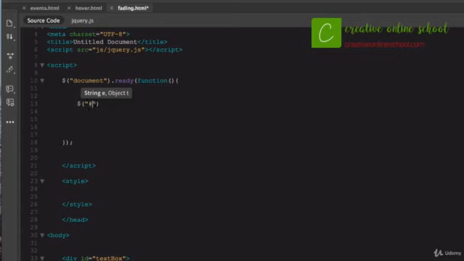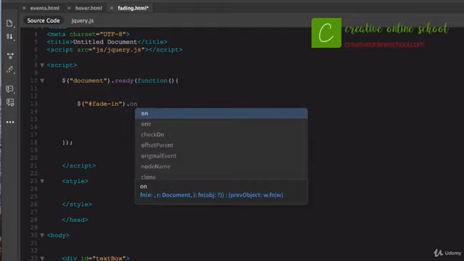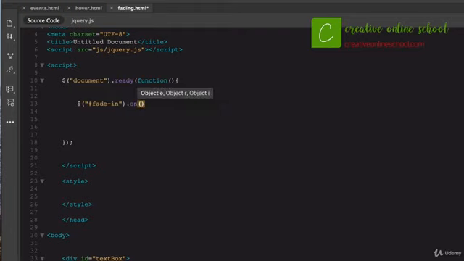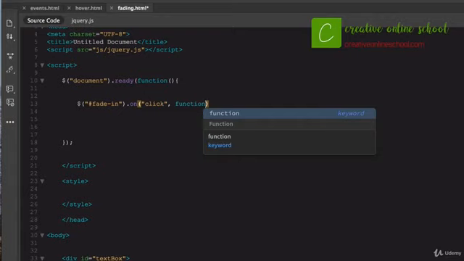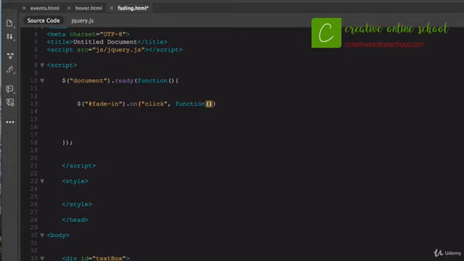And I'm going to target an ID this time, and I'm going to say fade in. So when I target this, I want the object to fade in. And how do I want it to happen? On, do an event here, on click, and add the function of how that's going to work. So say open and close parentheses, open and close curly brackets right there. And within there, we will say,